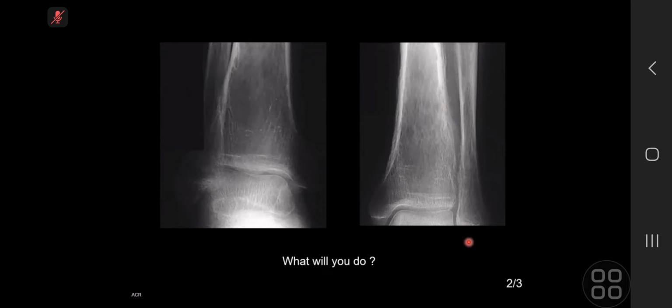And it is very linear with layering, like an onion skin kind of appearance, involving both sides. However, the distal epiphysis is spared, and I do not see any changes in the joint space. So, considering this is bilateral symmetrical periosteal reaction, which involves the end of the long bones,